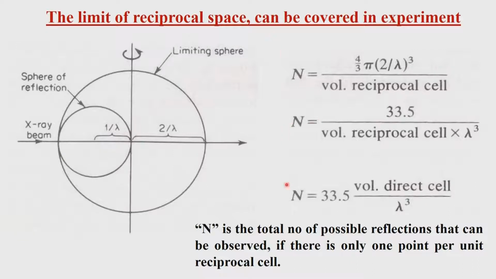Now actually we can do this exercise. So if we take, for example, the lambda value, let us say it is 1.5418 angstrom, that of copper, and let us take a unit cell which is 8 by 10 by 20, it is orthorhombic, let us say. So A is equal to 8, B is equal to 10 and C is equal to 20. So what would be the volume? Multiplication of A, B and C if it is an orthorhombic cell. So 8 times 10 is 80, 80 times 20 is 1600. So the volume of the unit cell will be 1600 angstrom cubed.